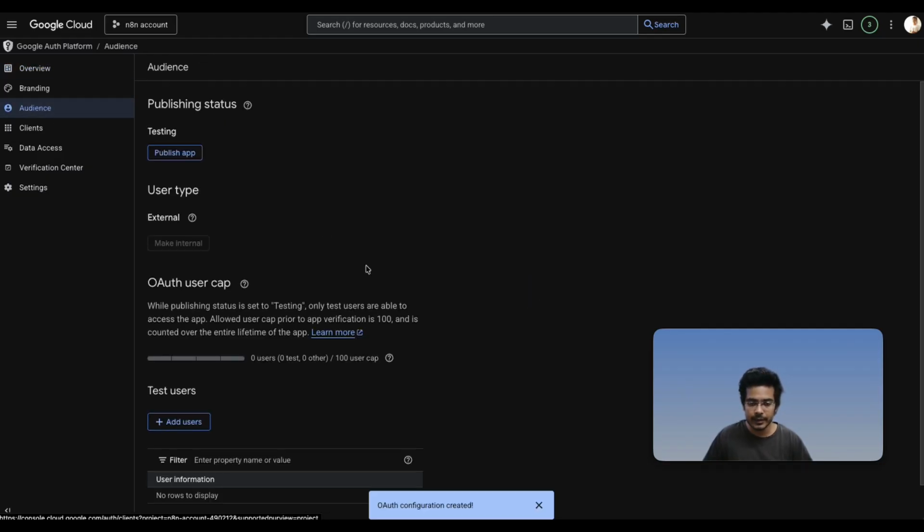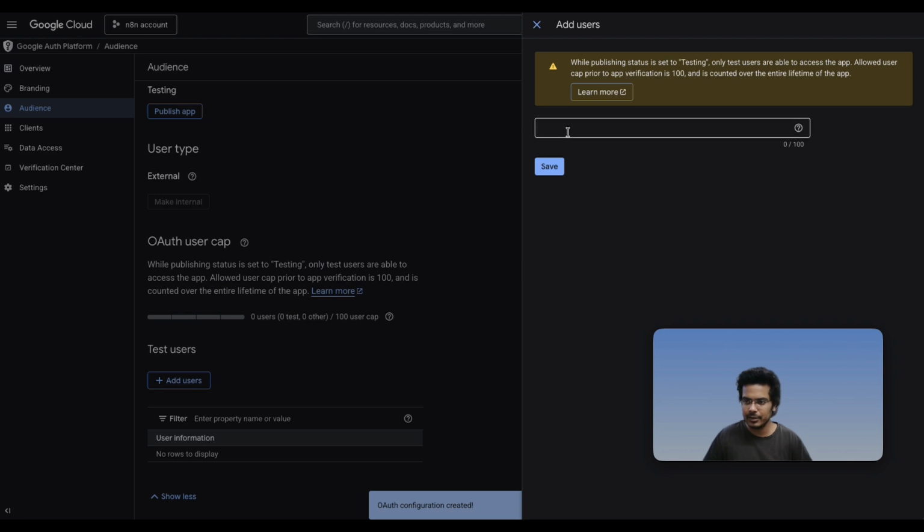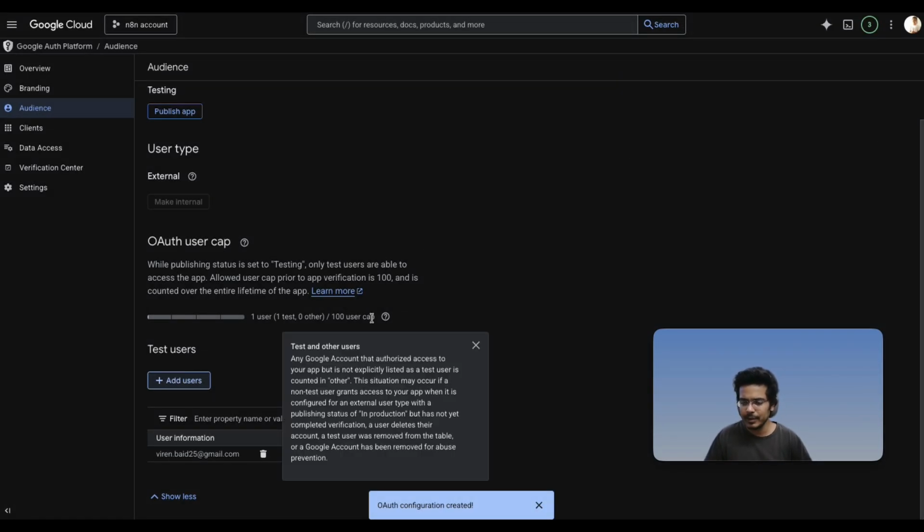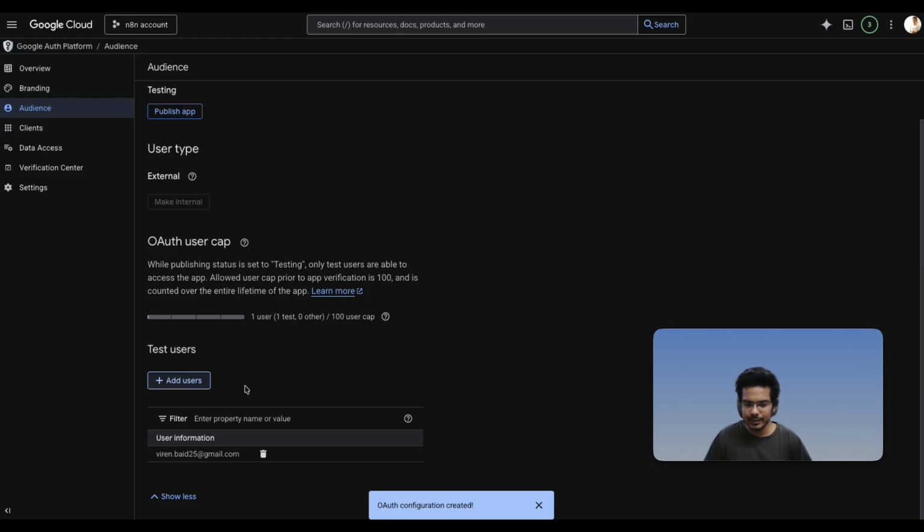Now you go into audience and add yourself as a test user so that whenever you're accessing with this email, it'll always work. If you have multiple emails that you will be connecting with n8n, then you can just add them here as well. Once done, we can go back,